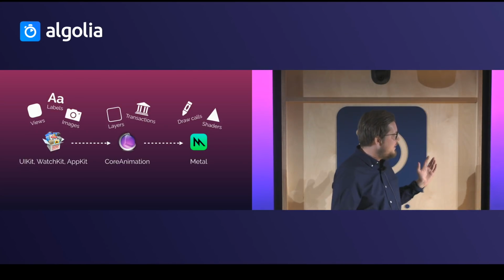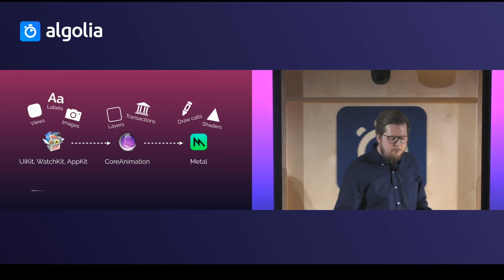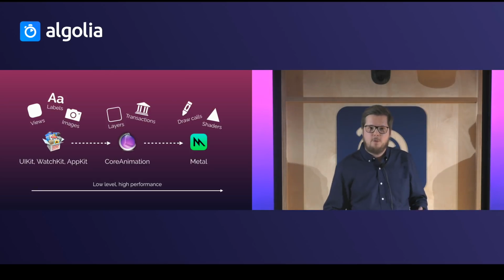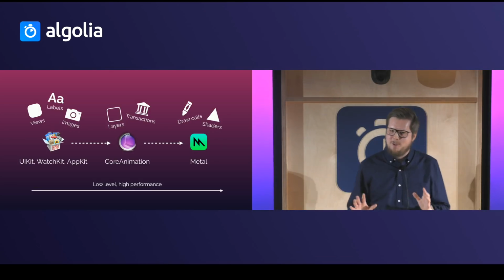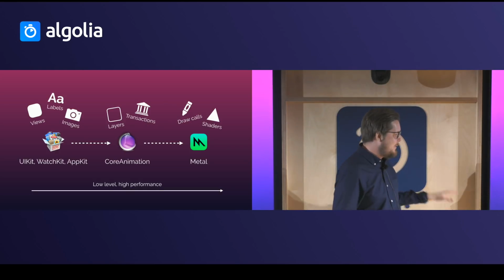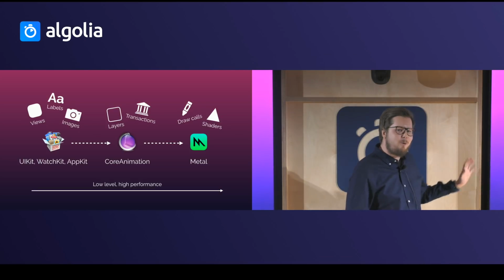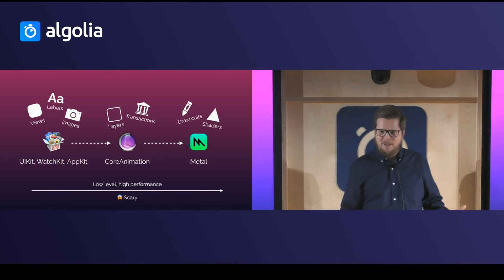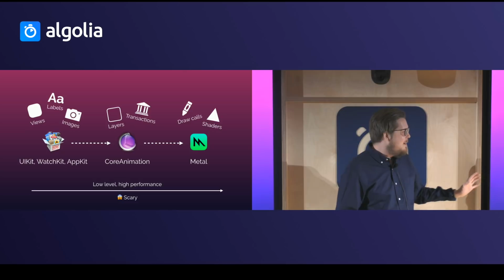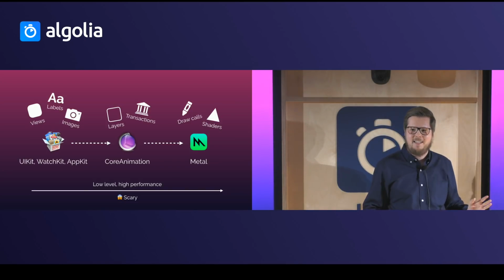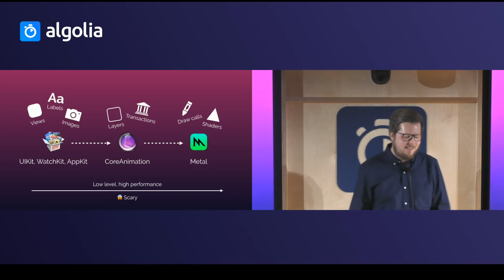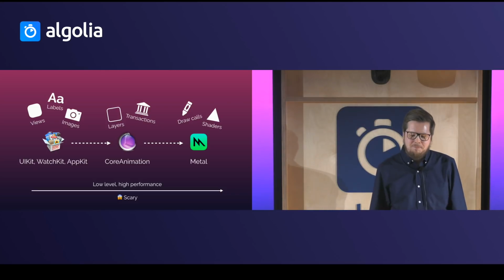So one way of describing this pipeline is that if we go more to the right, we go more lower level, which gives us more performance or potential for higher performance. It also gives you more potential for screwing things up, but that's another part of the story. Another way to describe this pipeline is that the more we go to the right, the more scary things become, all right? I mean, UIKit these days is pretty nicely annotated for Swift, but once we go down to Core Animation, we start seeing very string-based APIs, maybe not so nice annotations, and things like that. So it can get a little bit scary,